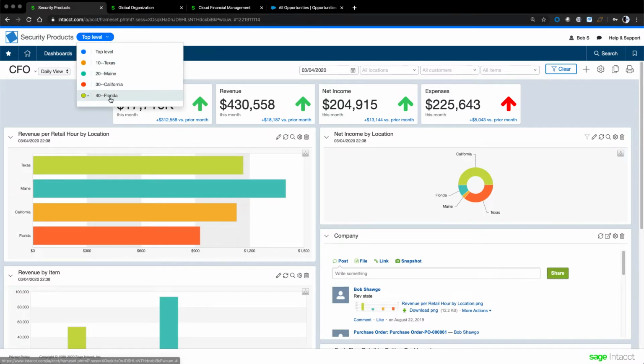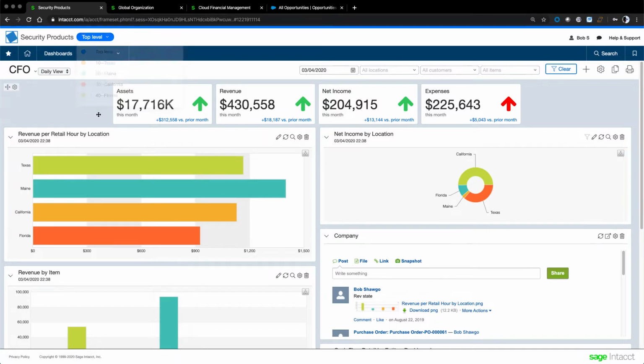What you're seeing right now at the top level is the consolidated view of the financials across all of these entities. I have a real-time view of assets, revenue, net income, and expenses. I could create other performance cards like this. Each of these performance cards shows a summation of an account group. For example, in the case of asset, I've taken all the asset accounts and created a summary of these accounts for the current month. Underneath the summary, I can see a comparison of prior month, giving me a performance trend